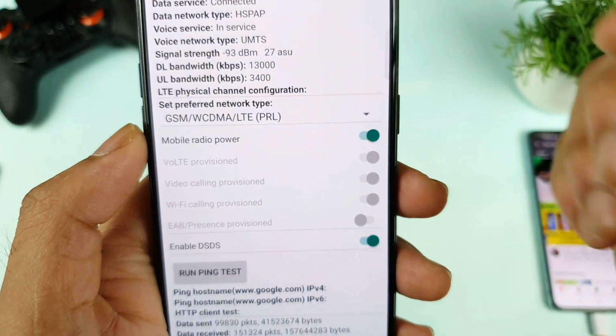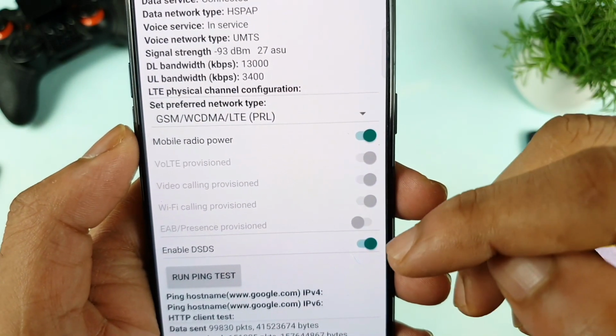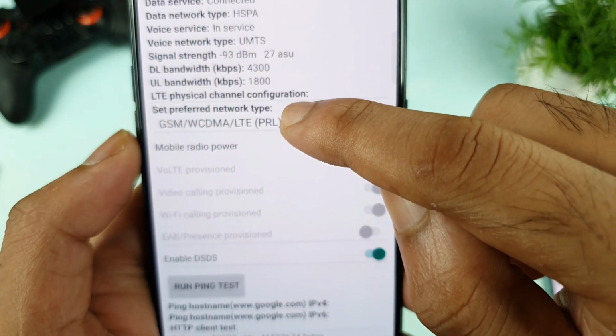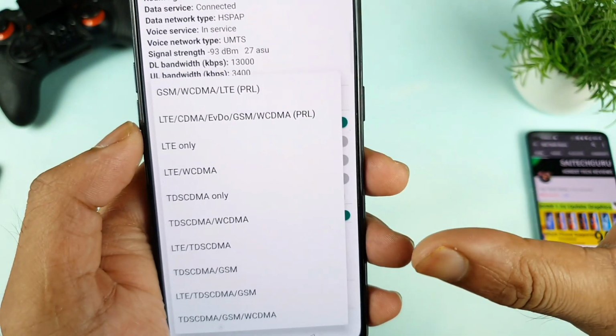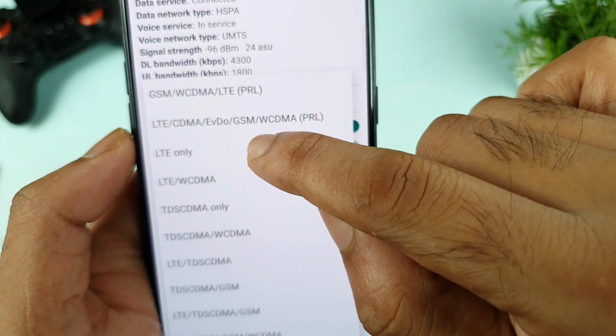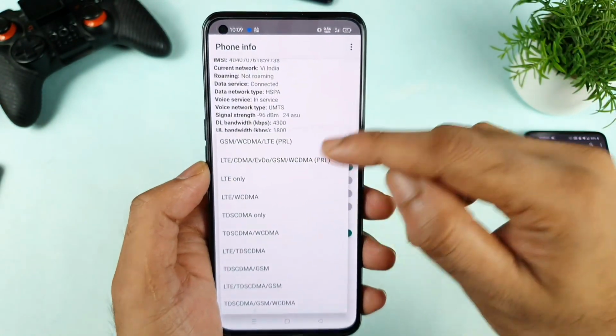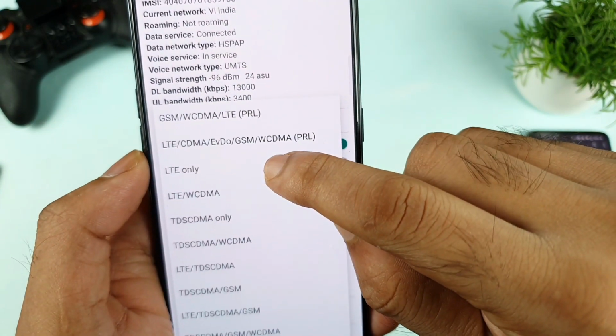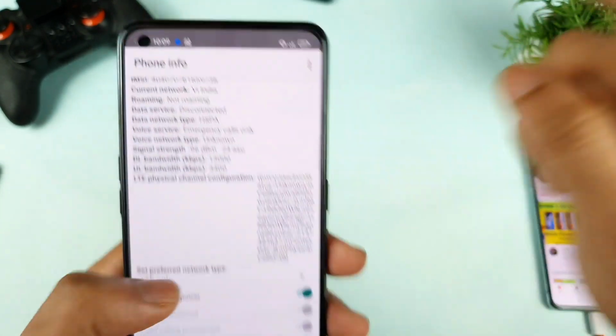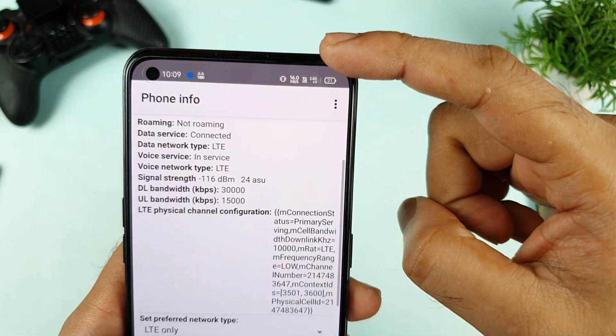When you click that second method, it will take you into the phone info. As soon as you see that, click on Preferred network type. As you can see, click only on that option. Don't select any other option. Now click only LTE. As soon as you click LTE, it will change from 3G to only 4G. Let me show you friends what will happen. As you can see, I'm getting only 4G at this moment.